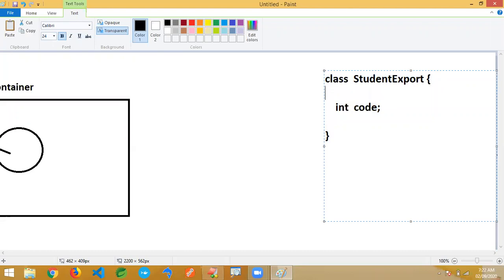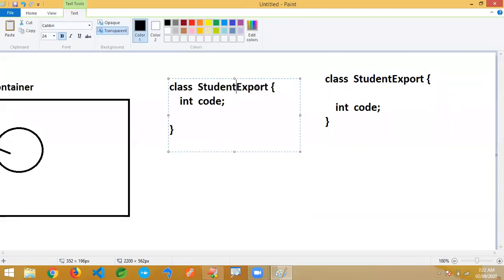For this we have to create the object and provide the data. In a similar way, I have another class, that is StudentService, with a String mode, just I'm writing like this.